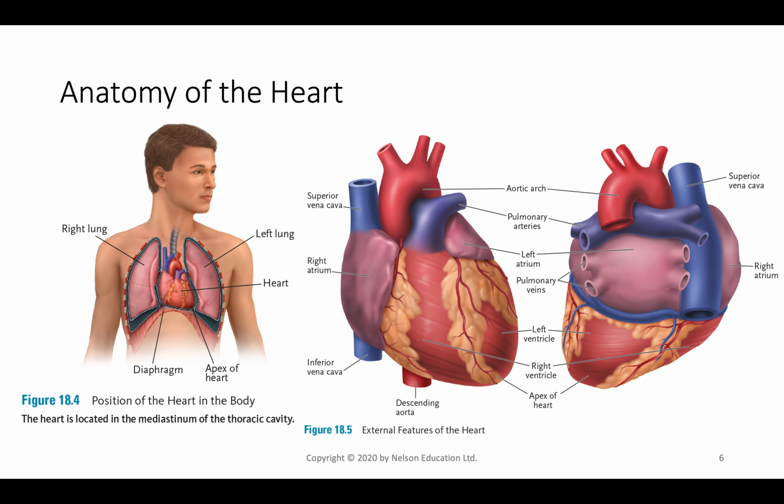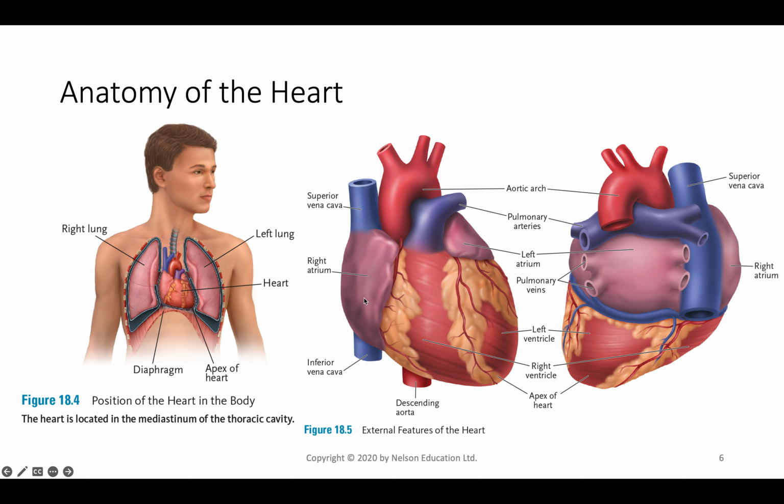Okay, so the heart is going to have multiple different morphological conditions I want to talk about. So we're going to have blood coming in through venous return. Now it can come in through multiple locations. It's going to come in through the inferior and superior vena cava, as well as the coronary sinus, which is where the blood flow from the heart itself is going to be feeding in. So the heart itself is serviced directly off of the aorta. Blood supply goes right around and then dumps right back in. So that's going to be some of the high intensity. It's going to use a lot of oxygen. And so once it comes back off of the cardiac route, it's going to dump right back into the